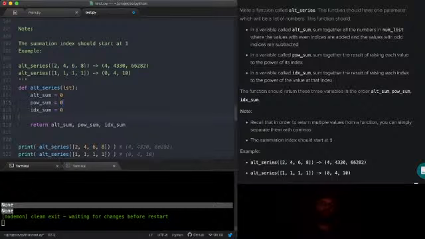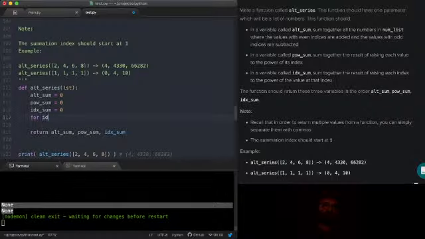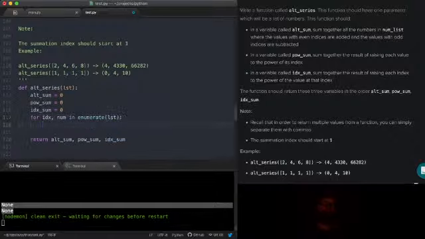So I can just jump in. I'll say for idx, num in enumerate list. The summation index has to start at 1. What they mean by that is that we want you to start the enumerate at 1. And then we'll say if,